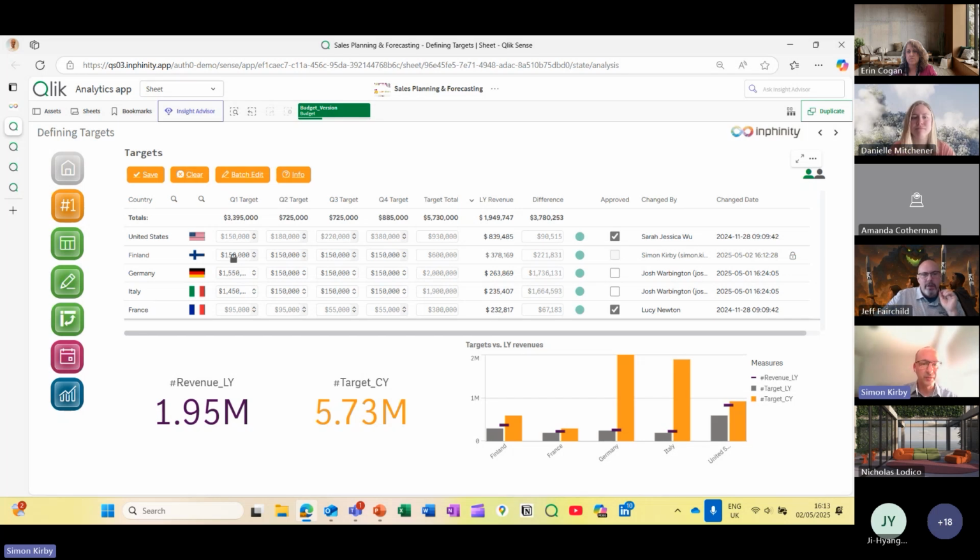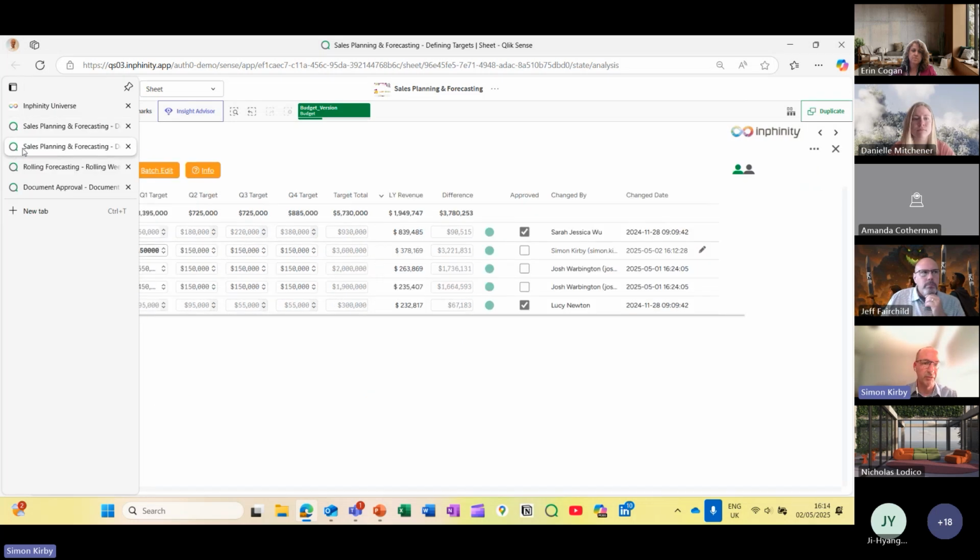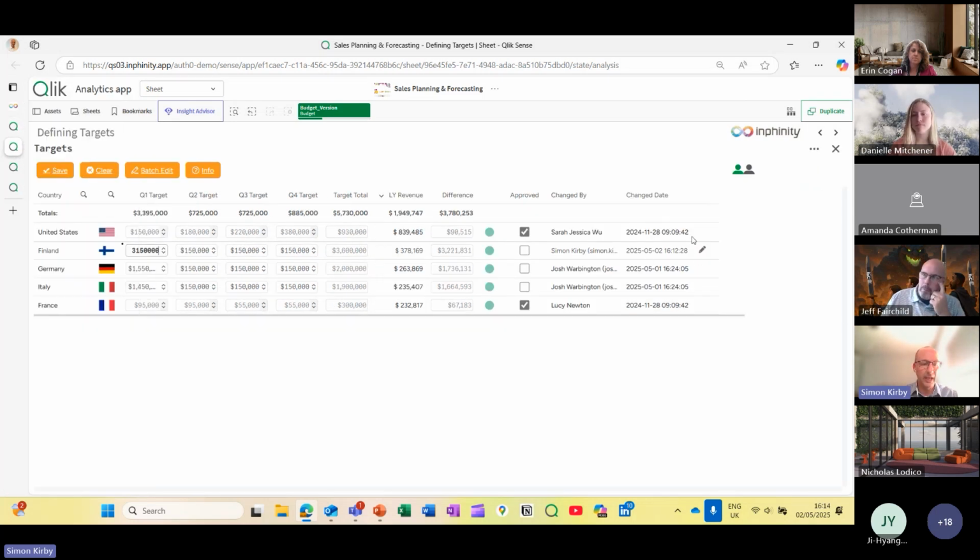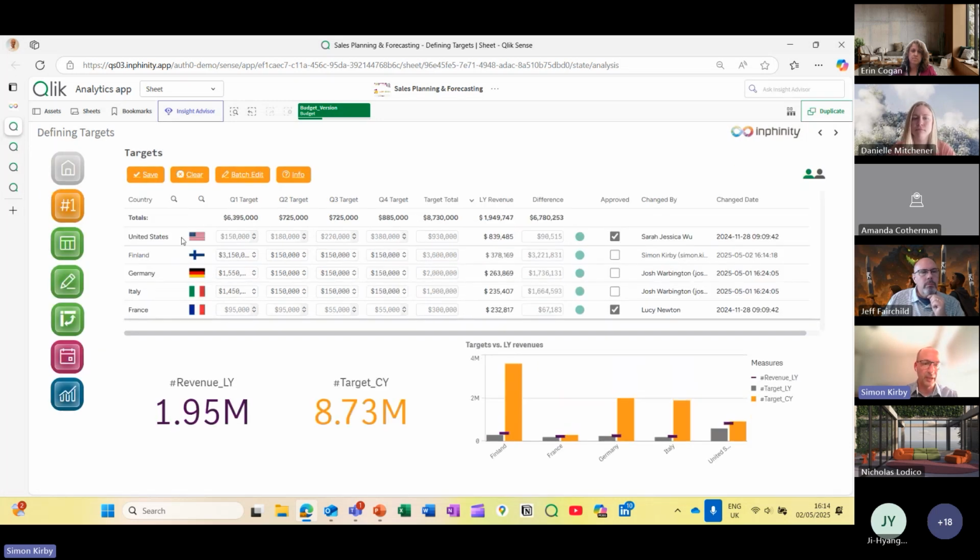The nice thing is you've got some visual clues. Your mouse icon becomes a padlock, but you've also got across to the side here, the little padlock symbol that says this record is locked. So let's just go back to here again, and you'll see there's an edit icon. So the pencil is there, and we can also see a little dot and the value has gone bold, which means we've changed it. So let's hit that save. That's now committed. We'll go back and you see the padlock has been removed, and I can now click into these cells.